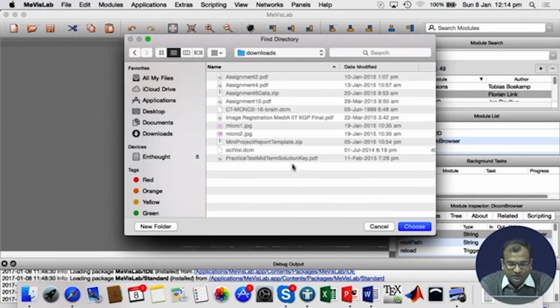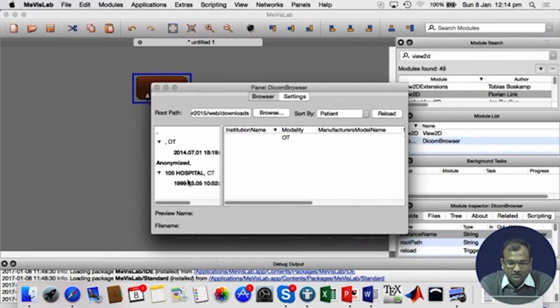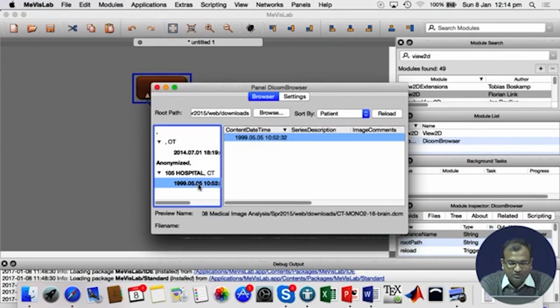So I have multiple DICOMs over here. There is one DCM file, and there is another, ocdvol.dcm, that's another volumetric file. I will just open one of them, which is a CT DICOM. It fetches all the DICOM files which you have over there, and I know that this is the one which I am supposed to read. So I click on this one,